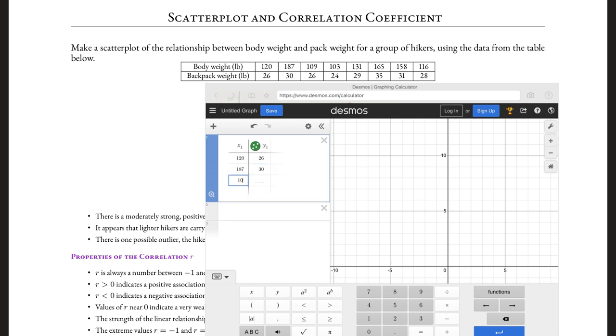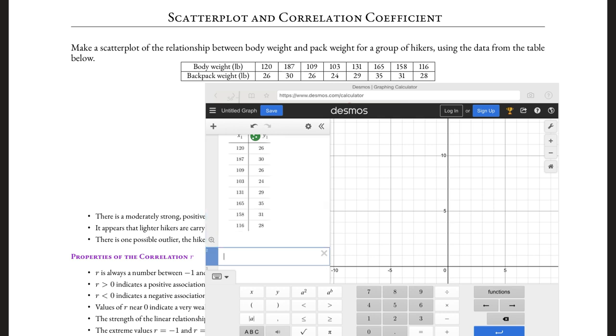Next, 109 carrying a corresponding backpack weight of 26. 103, 24, 131, 29, 165, 35, 158, 31, and 116, 28. Once we double check the ordered pairs that we entered in Desmos.com, to compute the correlation coefficient, we simply